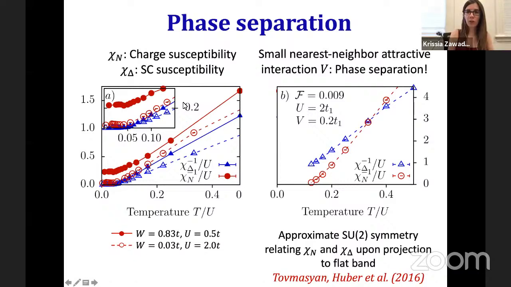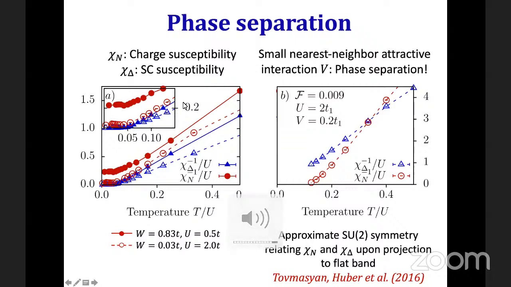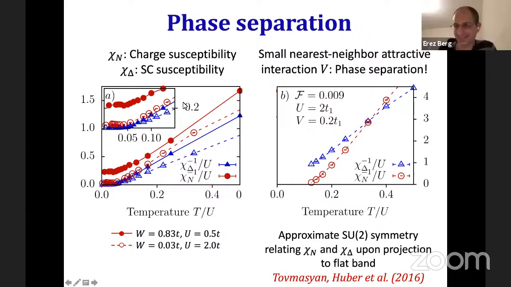I have two more questions. Daniel, I will unmute you. Okay. You compared this superconductivity with phase separation, that's the charge susceptibility at Q equals 0. What about possible competition with something like charge density wave or Wigner crystallization of local pairs? Yes, at finite Q. It's a good question. We checked that. Within this model, the charge susceptibility is maximum at Q equals 0. So the phase separation tendency is stronger than any charge ordering tendency at finite Q.